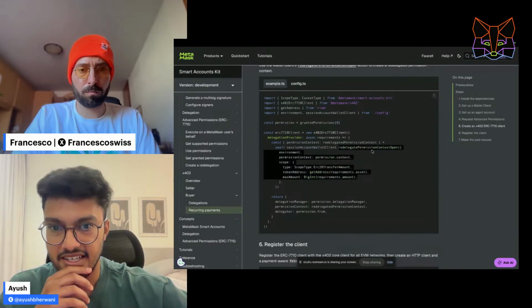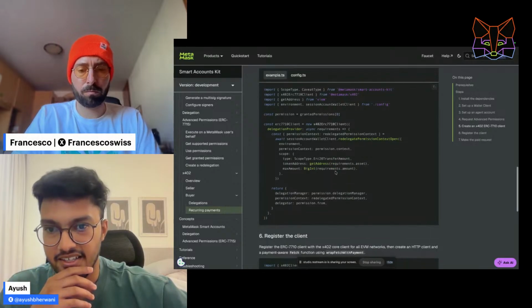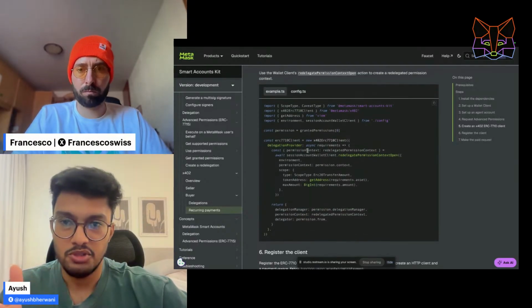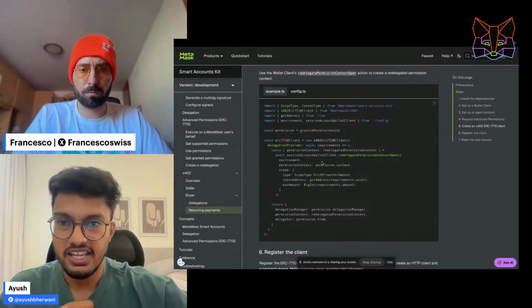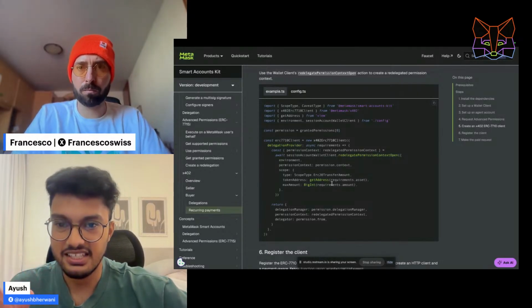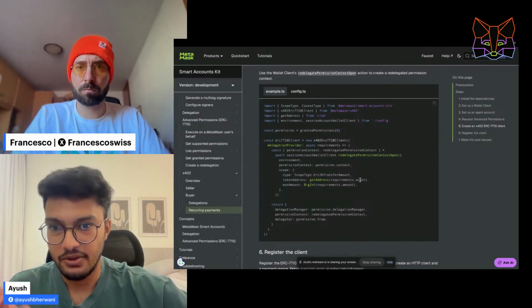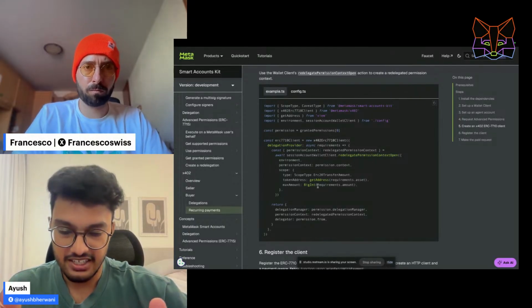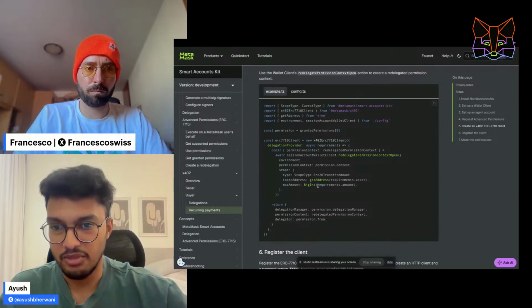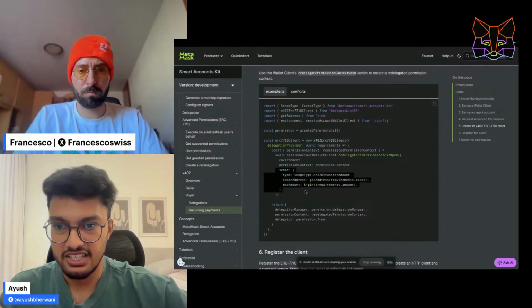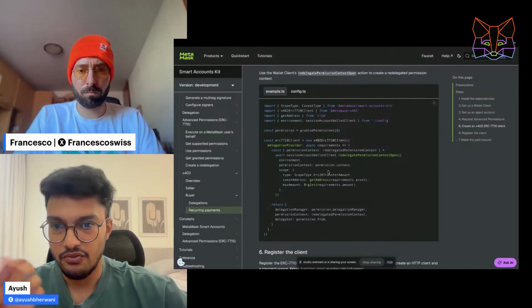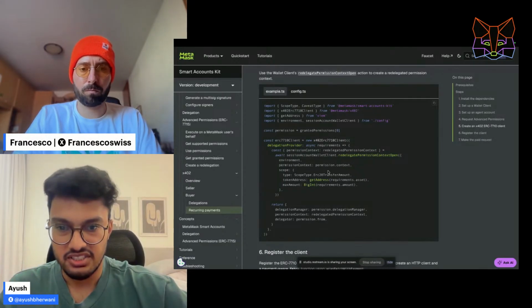It is redelegating the permission context openly, but the other thing it is doing is this: we have given $10 permission to the dApp, but now the dApp is not doing an open redelegation of $10. It is restricting the payment to be as much as it requires. So if the payment requirement is $0.1, it will only redelegate $0.1 openly. That is not exposing all the $10. We talked about how the open redelegation can be restricted. This is one way to restrict it. You can also restrict based on which facilitators can redeem those permissions as well.